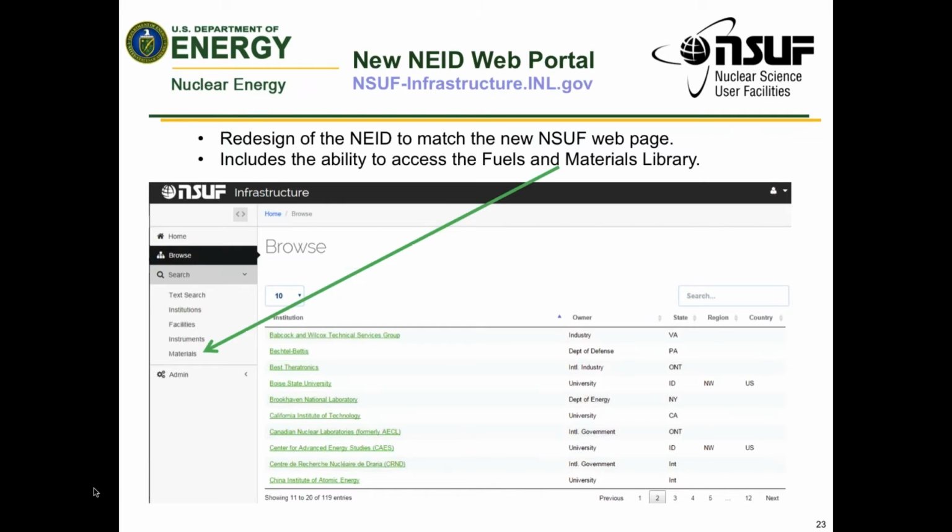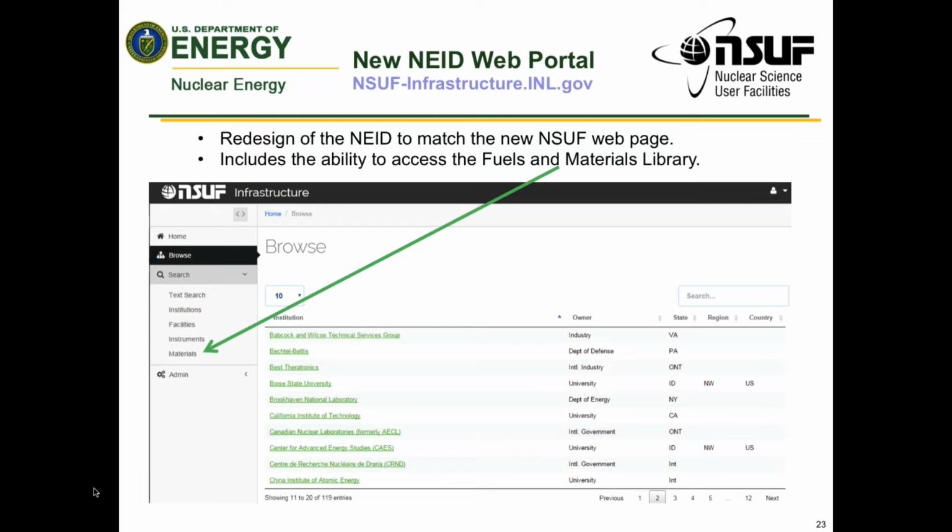One of the interesting things that we started this past year is we have a library of materials we call the Nuclear Fuels and Materials Library, the NFML. The data held in the library is also going to be web-based, searchable, very similar to the NEID. And we're going to link, at this point, just link the two databases. In the future, we want the two databases to be interactive, so that you can pull information in one search from one database or the other as you are developing your concepts or you're thinking about things.